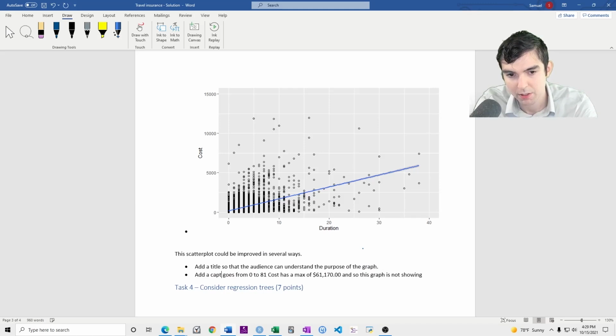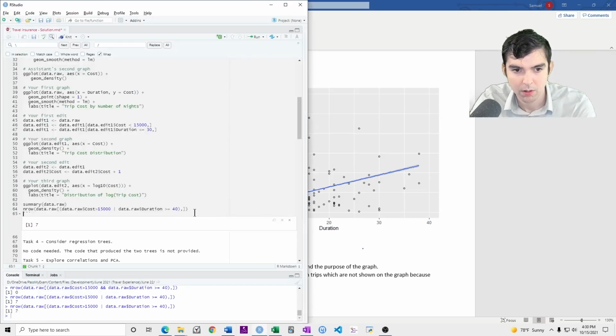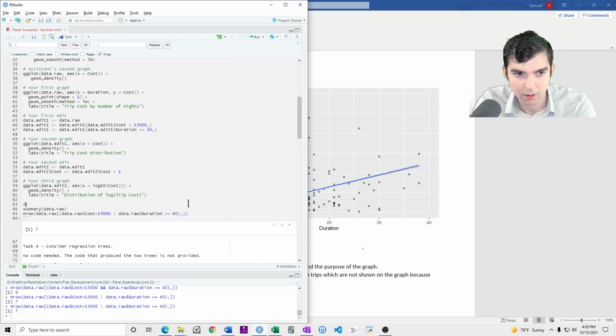So I'd write a caption which says that there are 7 trips which are not shown on the graph because they are outside of the axes. And then add a comment in the RMD file to say what you're doing for edit 1 for graph 1.